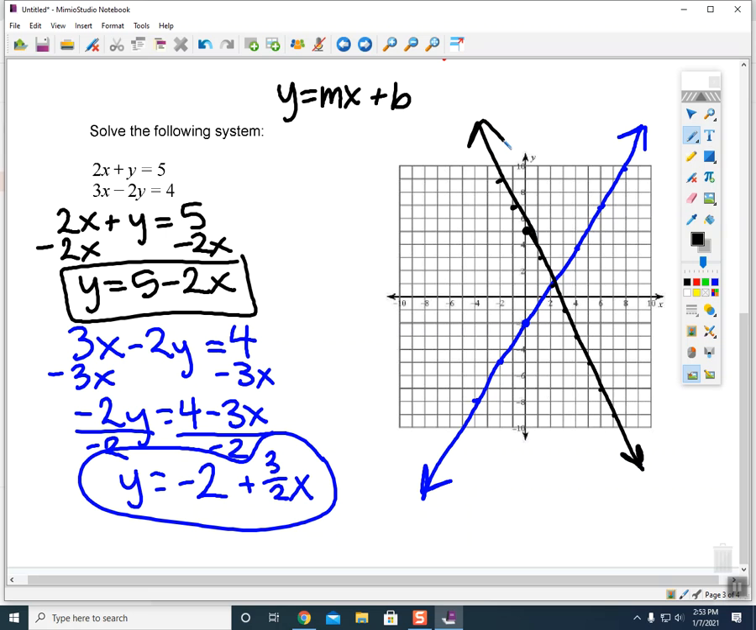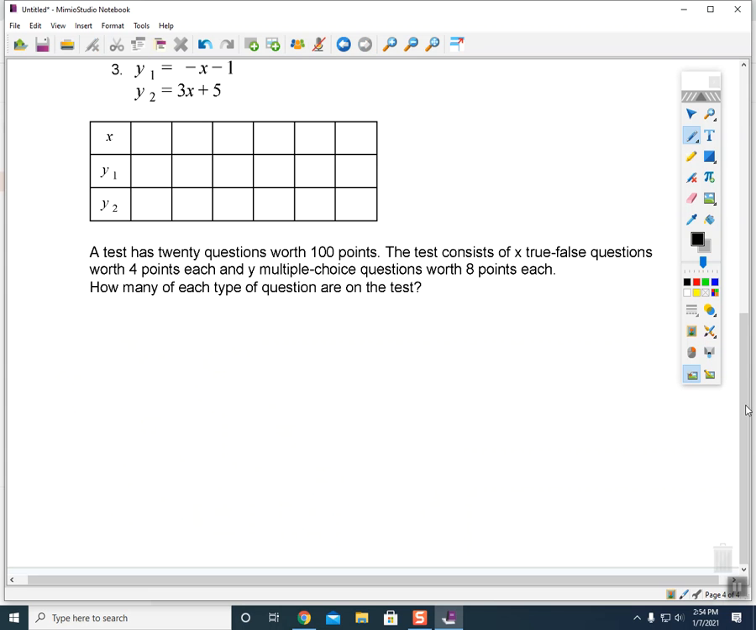Okay, that one is not as good as it should be, but here's my point of intersection right here. So then my point of intersection where it crosses is at the point 2, 1. Okay, so then this last page,